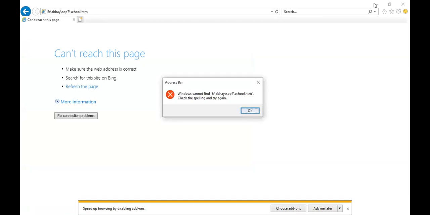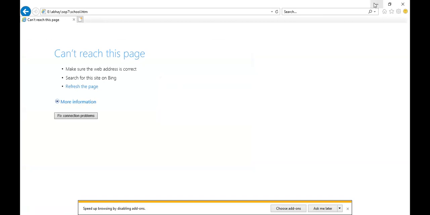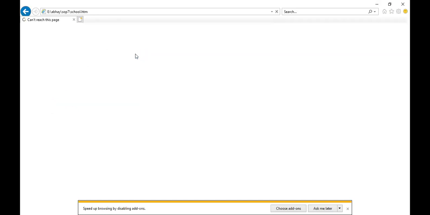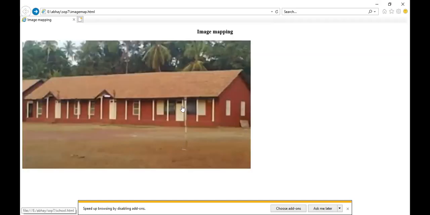So we will change it to html. Okay, now we'll check our output. Here is your polygonal shape.